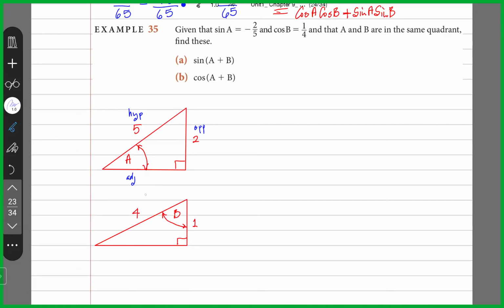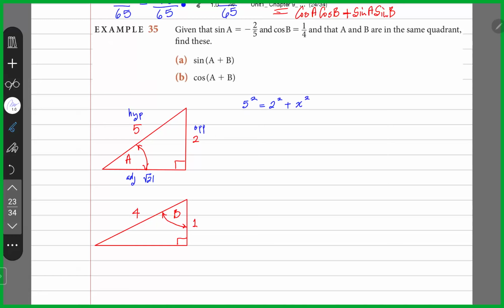That would be the square root of 21. Because 5 square is 25. If we want to, we could say that 5 square is equal to 2 square plus x square, x being